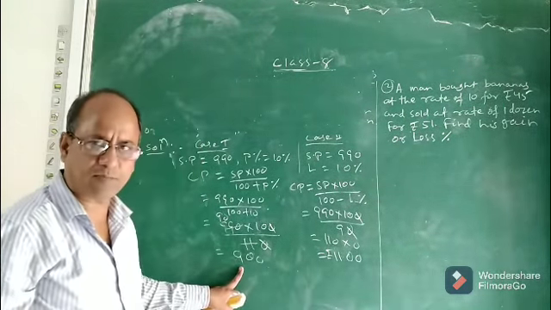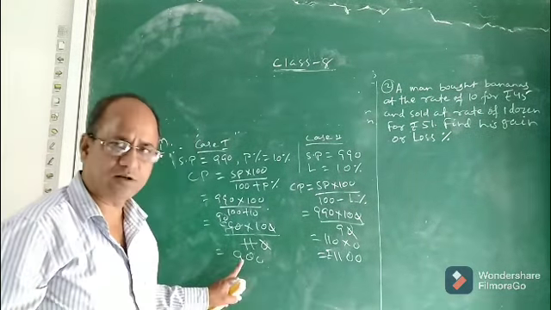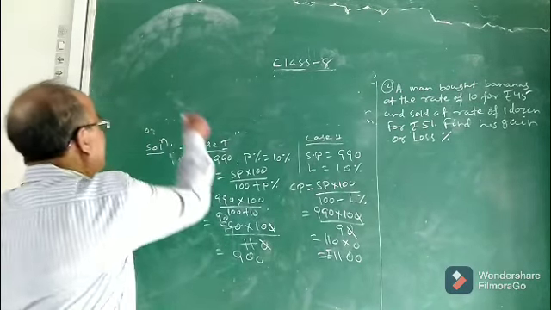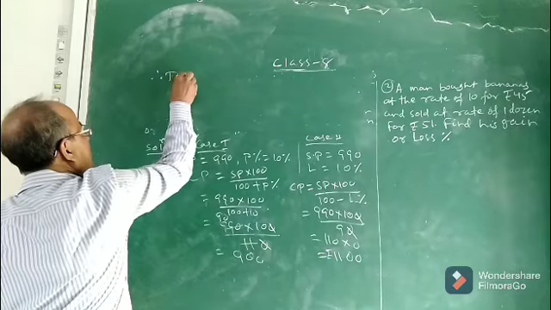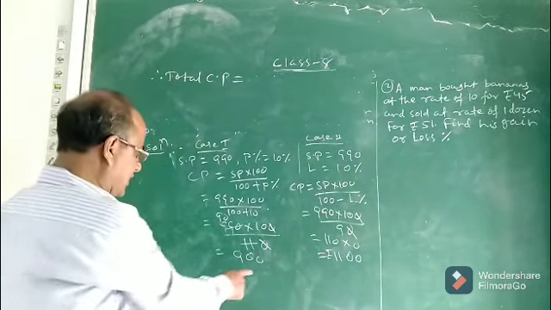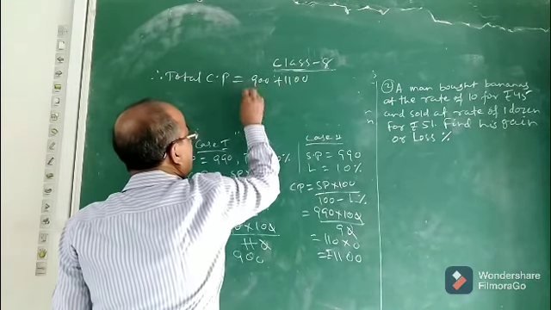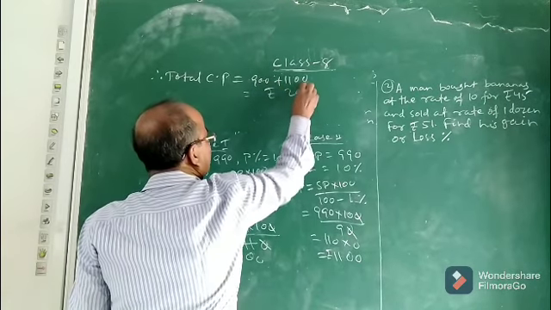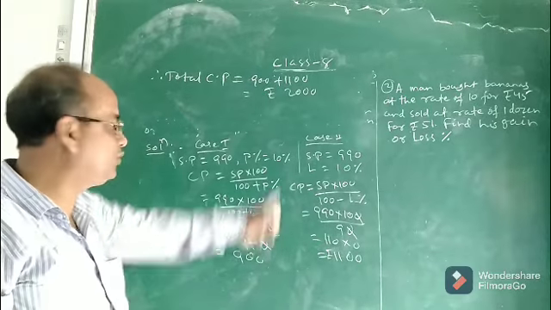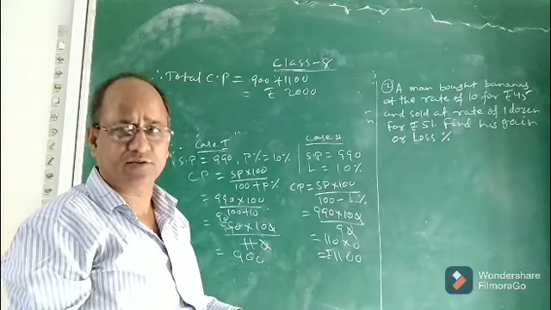Now what is the cost price of the first jeans? It is 900 rupees. So now we got the cost price of the first jeans as well as the second jeans. Now we can easily find the total cost price of both the jeans. It is 900 plus 1100, so it will be rupees 2000. So this is the total cost price of both the jeans.